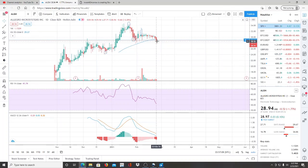However it behaves between $28 to $24, if it doesn't break $24, it's definitely going to show some strength, and if it breaks through 24, we've already seen what this stock is capable of, and I believe in a bullish market or a market that's not that turbulent, there is a lot of potential here, especially on what this company focuses on. I definitely recommend doing further due diligence on this one,